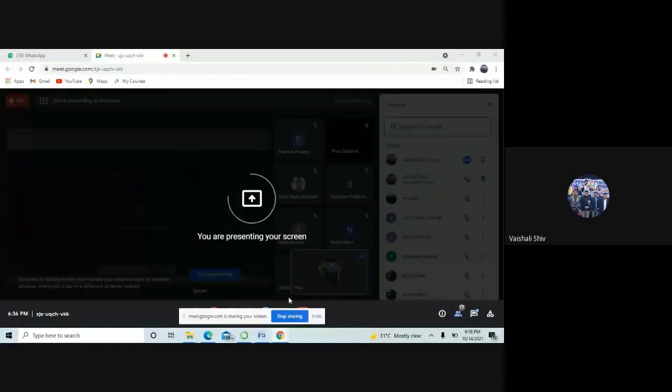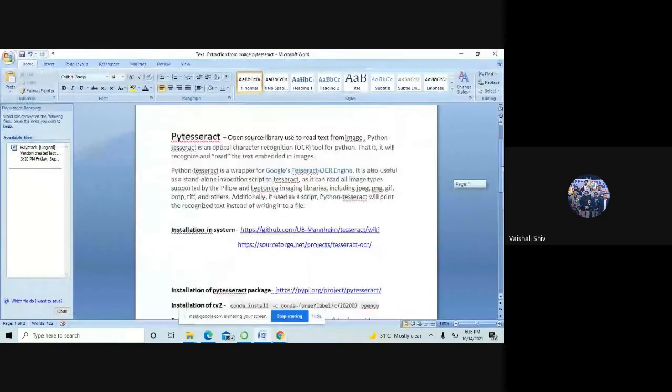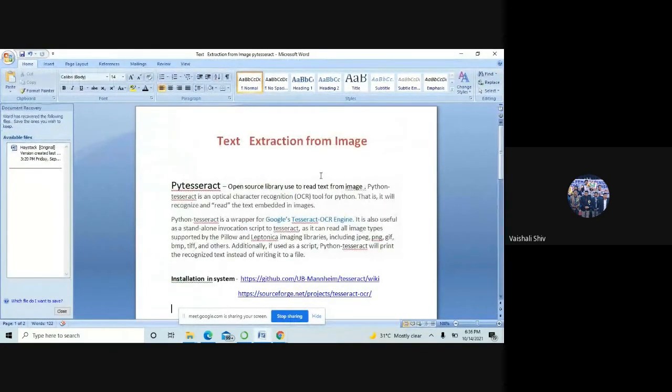I will share my screen. Okay, so we will use a library called PyTesseract.